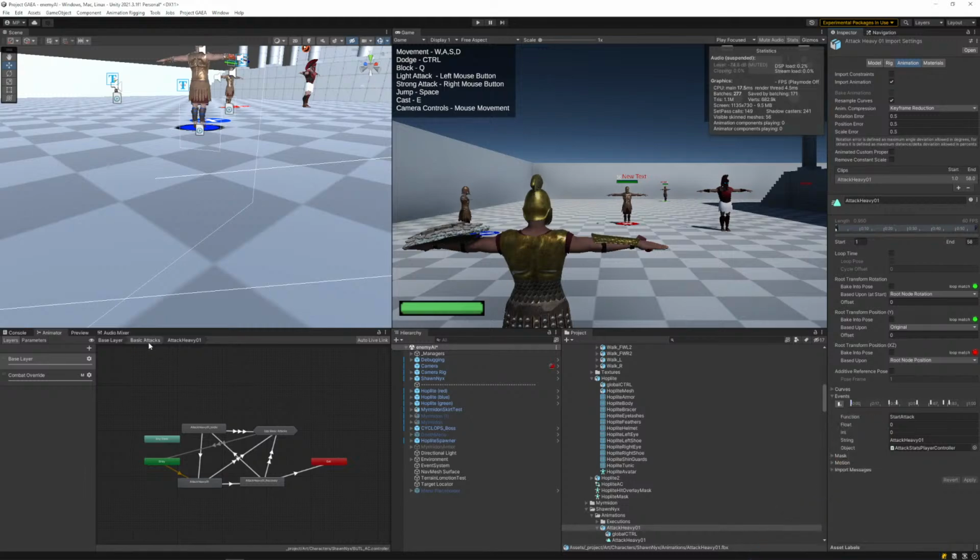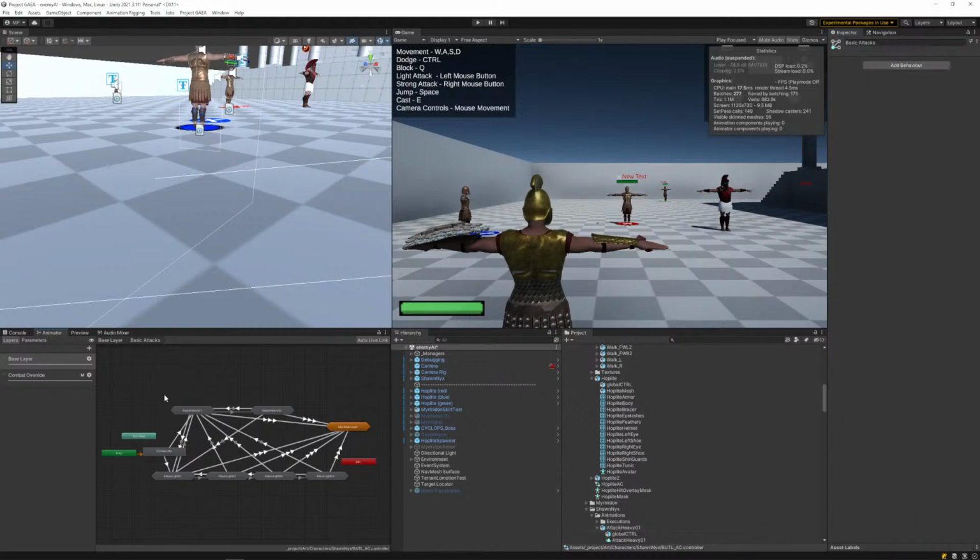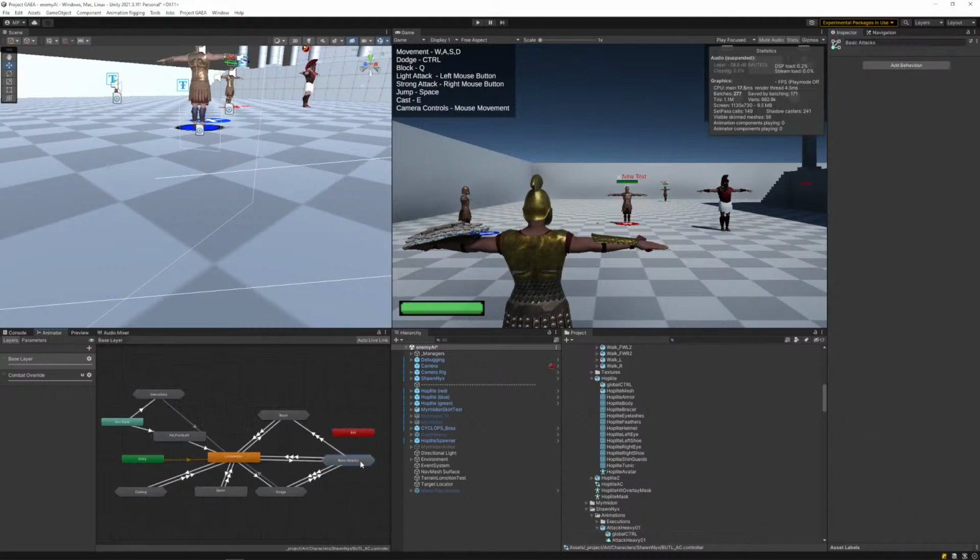Right? Like this. So yeah, basic attacks are left and right mouse button, or on a PlayStation controller it should be like